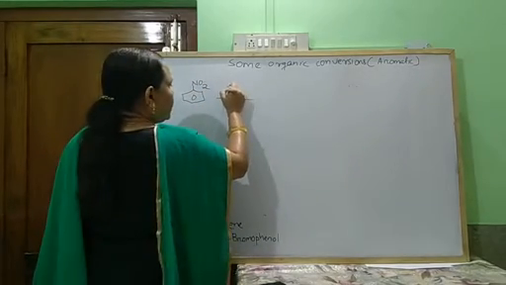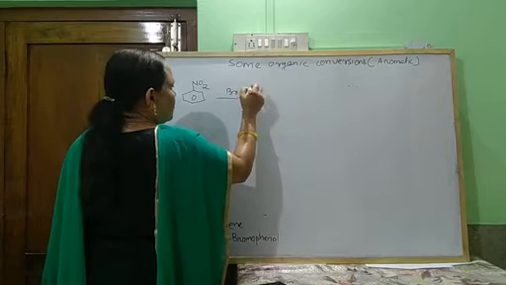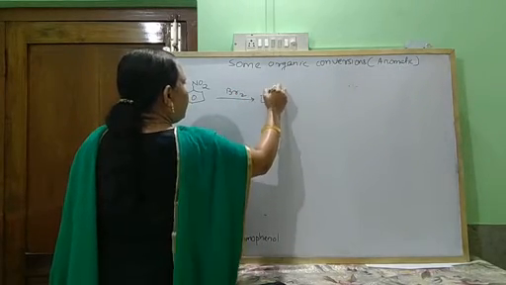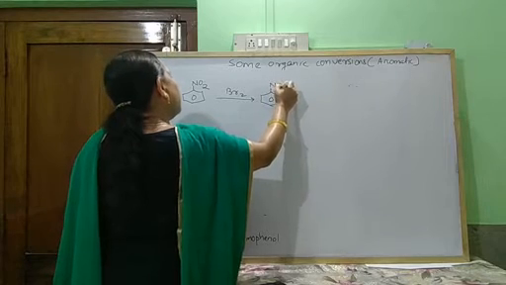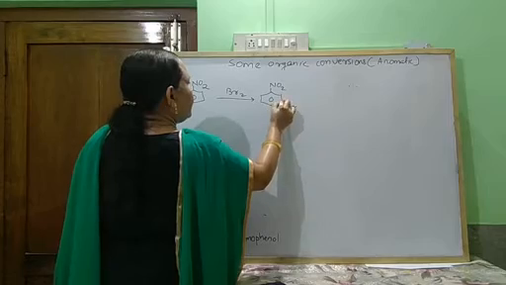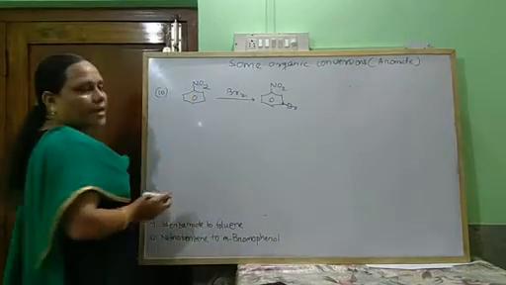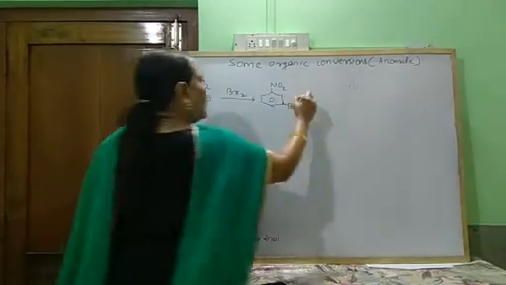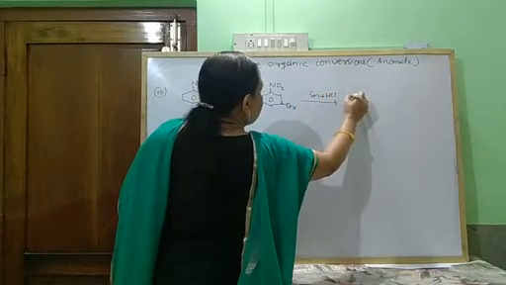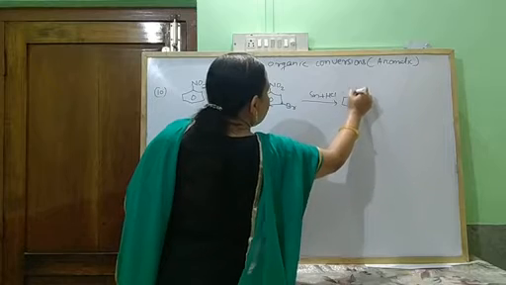So when this is treated with bromine, it forms metabromonitrobenzene. And when this is treated with tin and hydrochloric acid, it forms